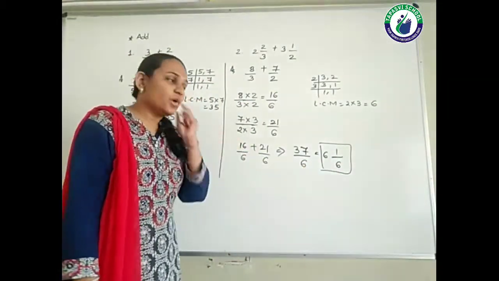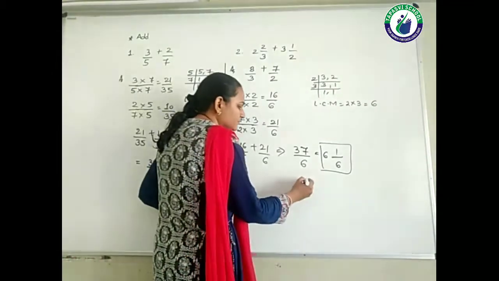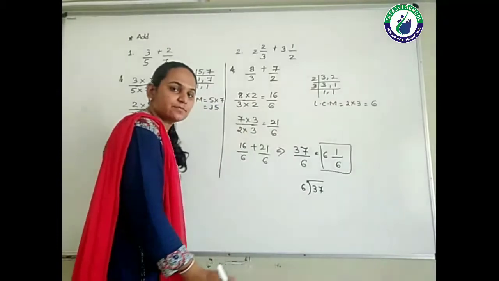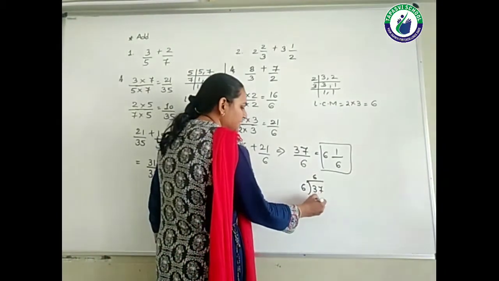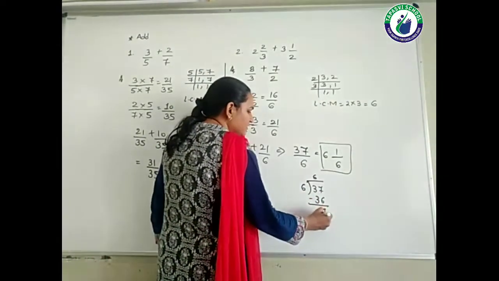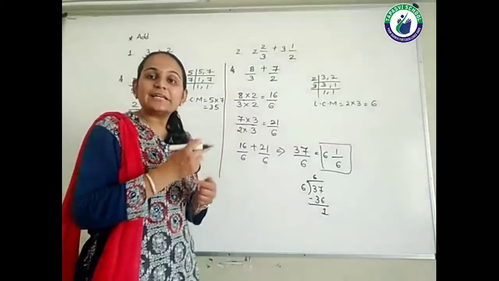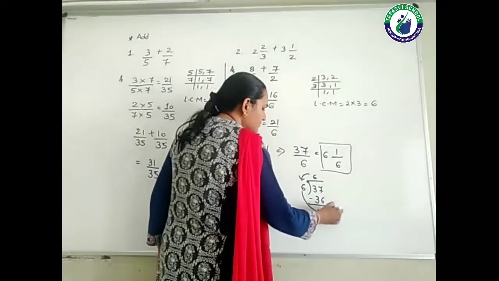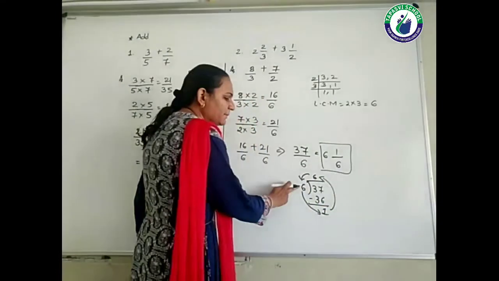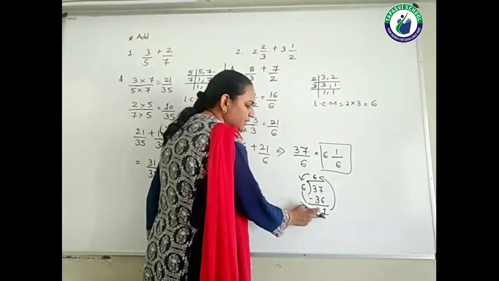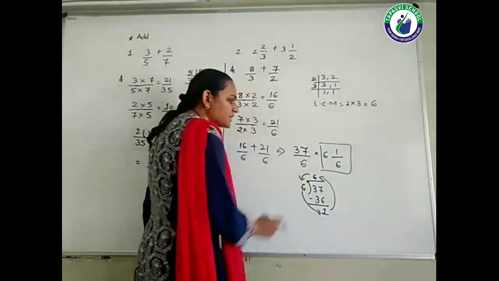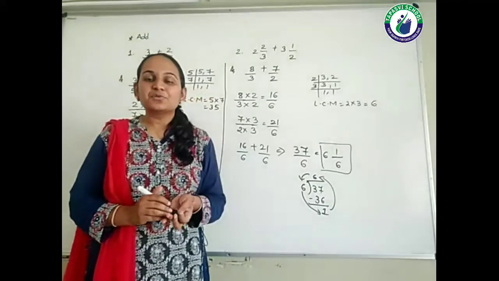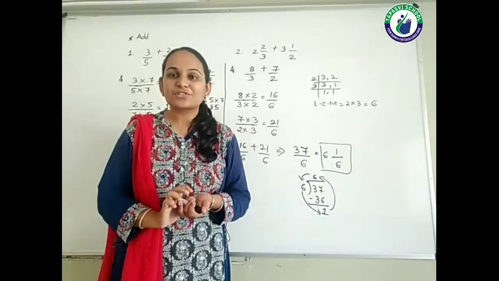If you want to do it, you can divide 37 by 6, right? So 6 6s are 36, right? Now we remember the cycle which we used to follow, students. See this one. 6 will come at the place of 6, this 6 will go at the place of 1 and this 1 will go at the place of 6. Just to see, we can get this one, right? I hope, students, you understood the addition of fractions.